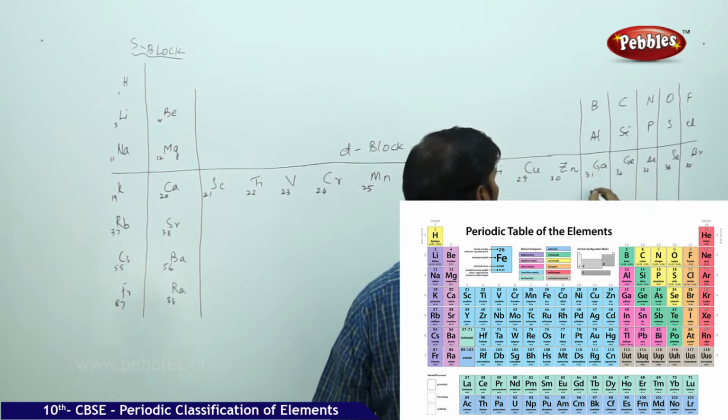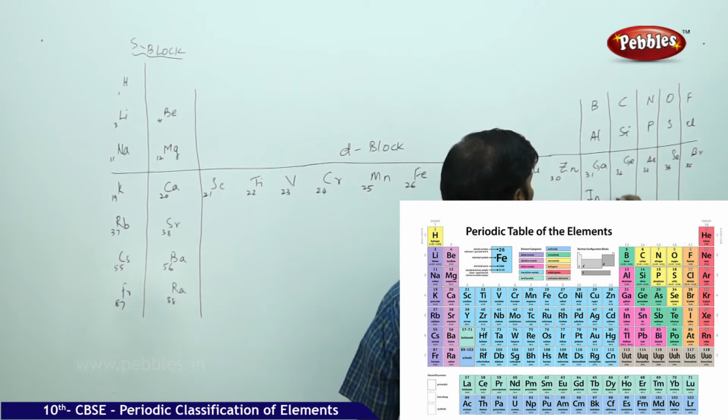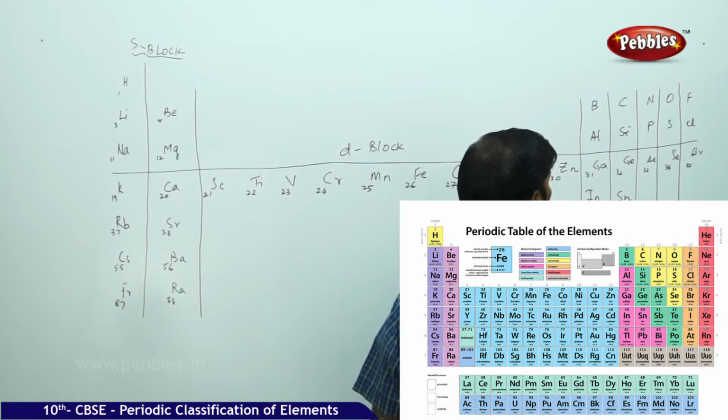Boron, aluminum, gallium, indium and thallium; carbon, silicon, germanium, tin and lead; nitrogen, phosphorus, arsenic, antimony